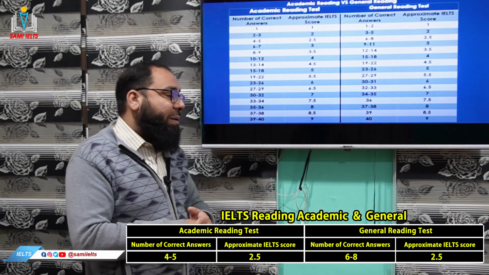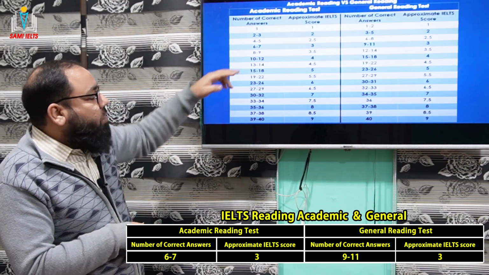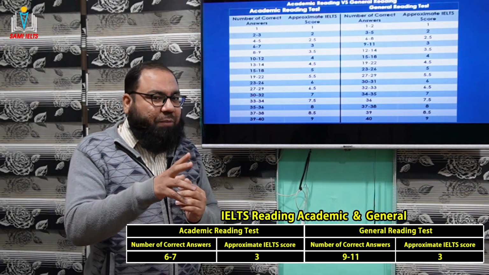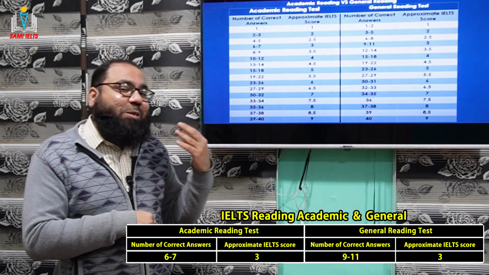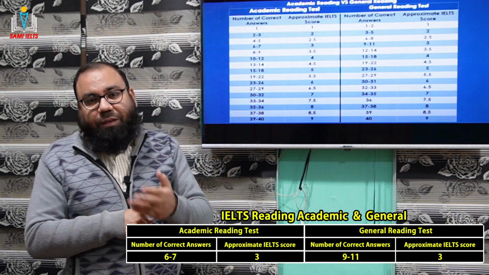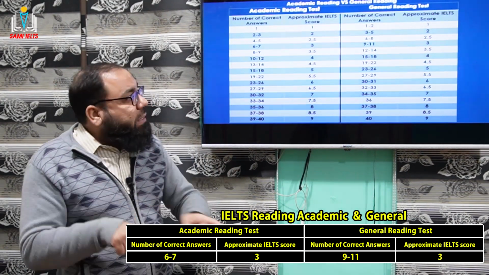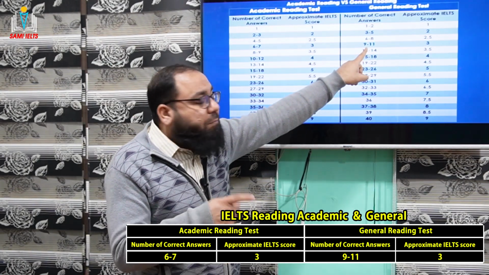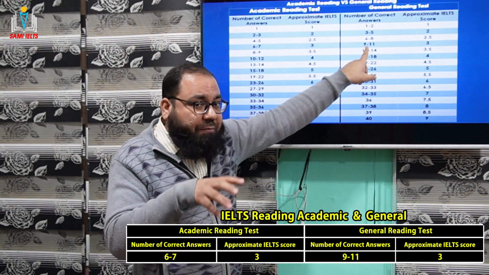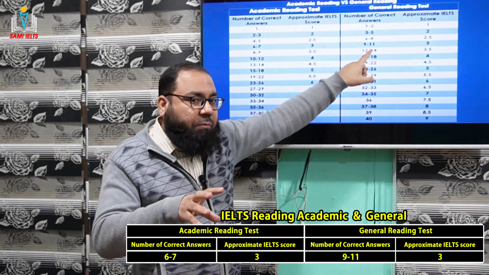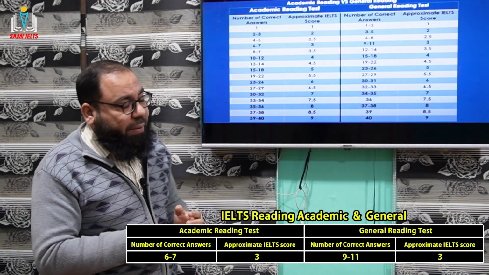get 2.5 band. Now let's talk about academic students. Yes, if in case you correct 6 or 7, for example, 6 correct answers and 34 wrong, or if in case you correct 7 and 33 wrong, you'll be getting 3 bands. But for 3 bands, GT students, look, they will have to struggle more, and they will have to correct 9, 10, and 11. So if you correct 10, or somewhere 9 or 11 in between this, then you will be able to get 3 bands.